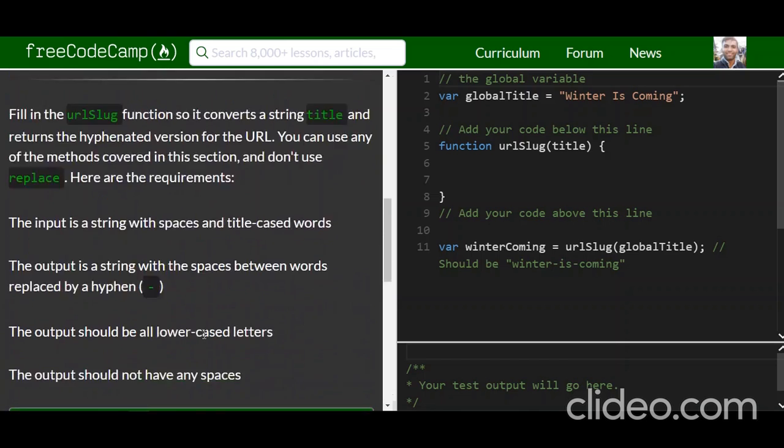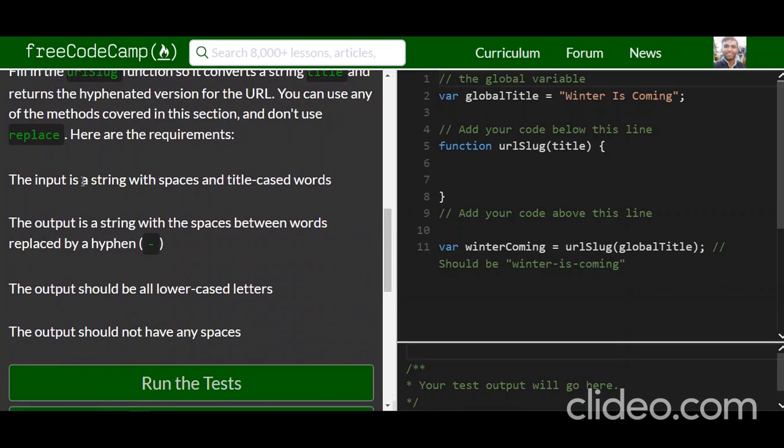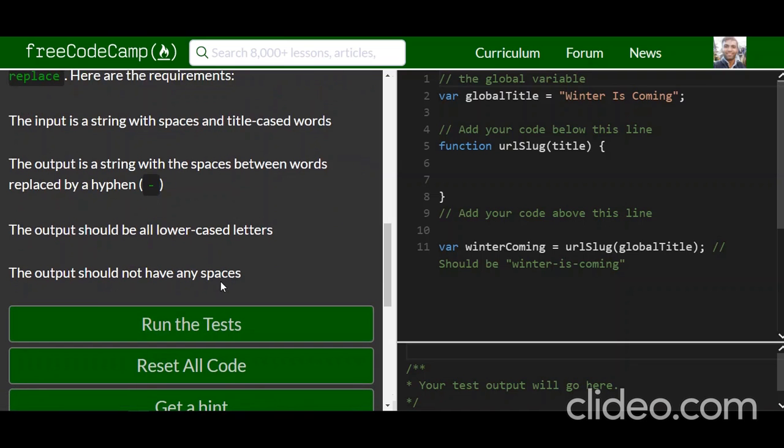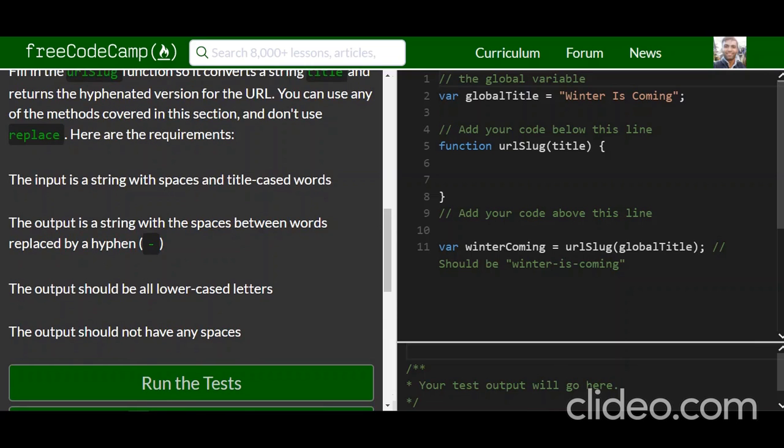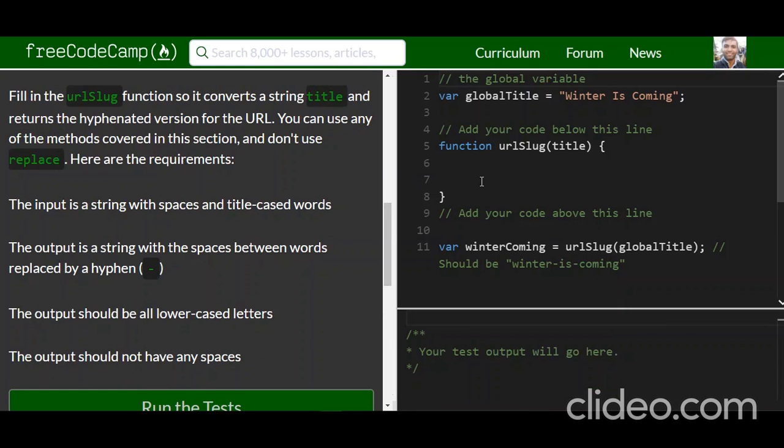Here are the requirements. The input is a string with spaces and title-cased words. The output is a string with the spaces between words replaced by a hyphen. The output should be all lowercase letters. The output should not have any spaces. Cool. So let's get this sorted now. Right, so